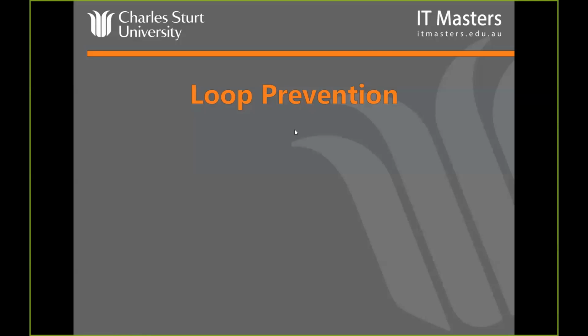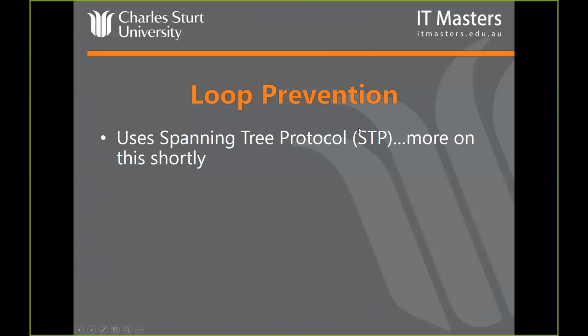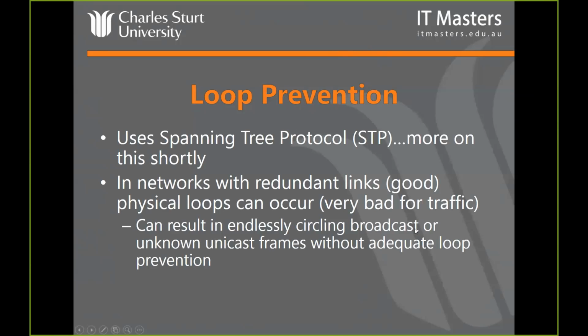Okay, so loop prevention. This is where we start to talk about, as I said before, the big ticket item for this week, so spanning tree. Spanning tree is really the main mechanism, other than common sense cabling and design, to prevent loops in your network. Networks need to have redundant links. These are obviously good and very, very common nowadays in a number of different ways. However, if we have redundant links, then it is possible that